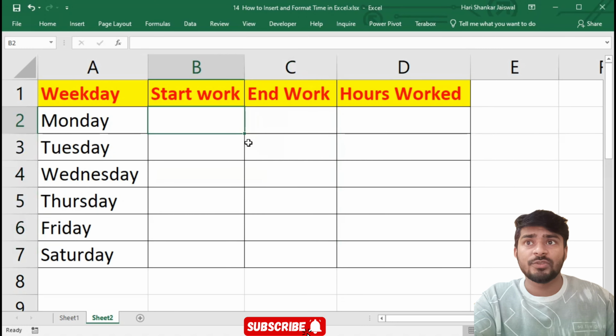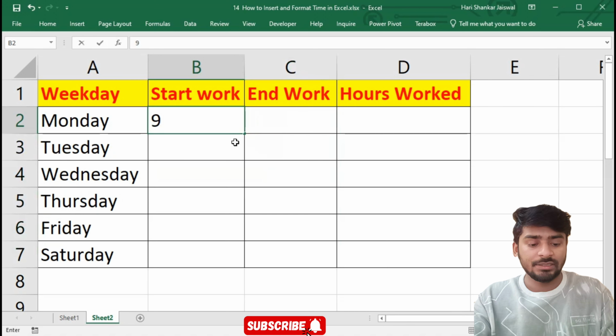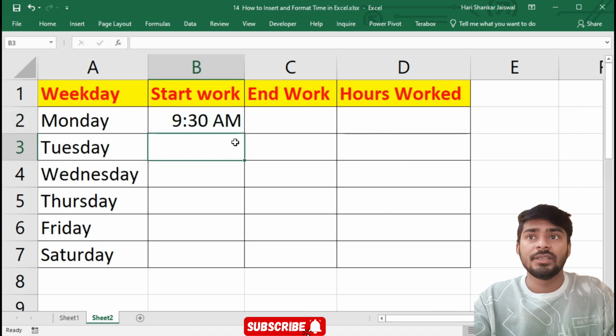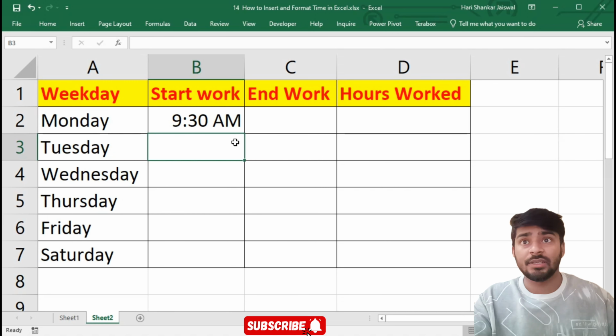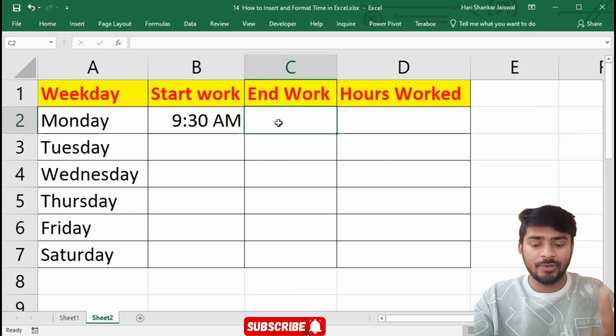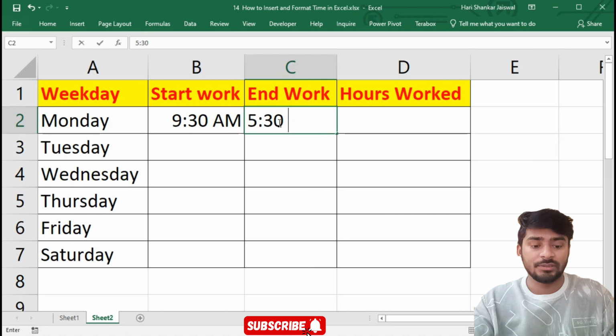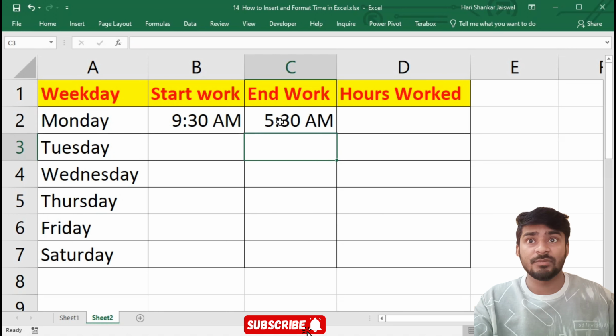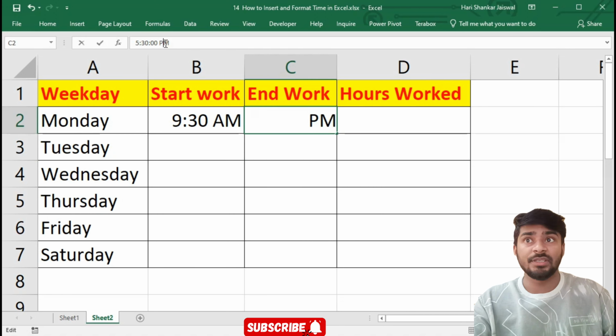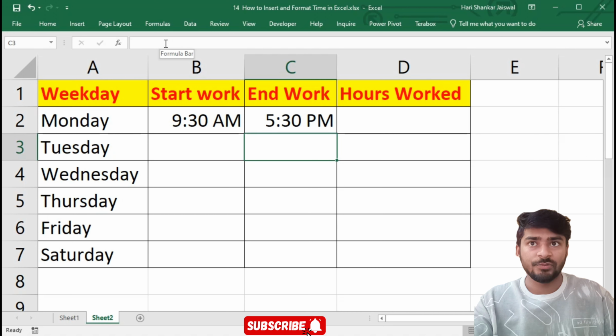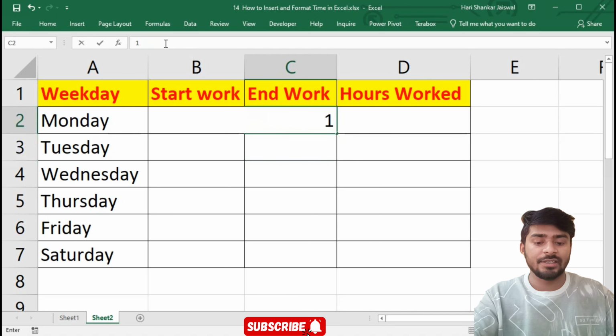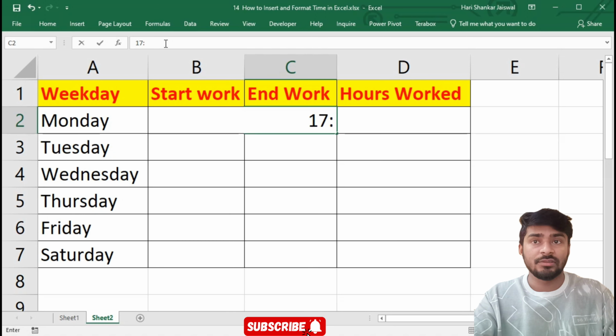Now this is done. Suppose my start work is 9:30. I'll hit enter and you can see 9:30 AM is showing. My end work is, suppose, 5:30 PM. I'll select here and type 5:30, and you can see that if I enter 5:30 it means AM, so for that I will have to choose PM, 5:30 PM. If you don't want to write AM PM, then you can directly write 17:30